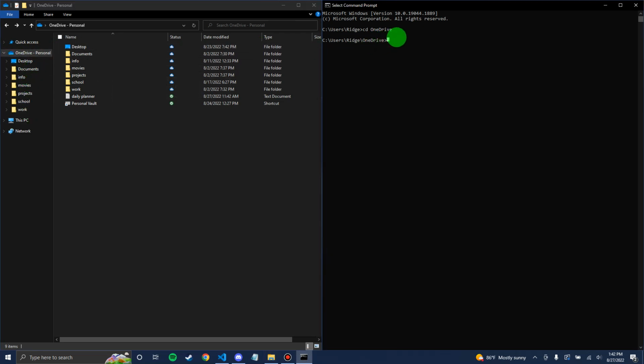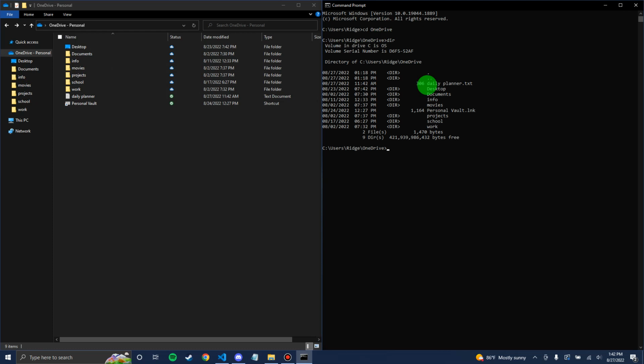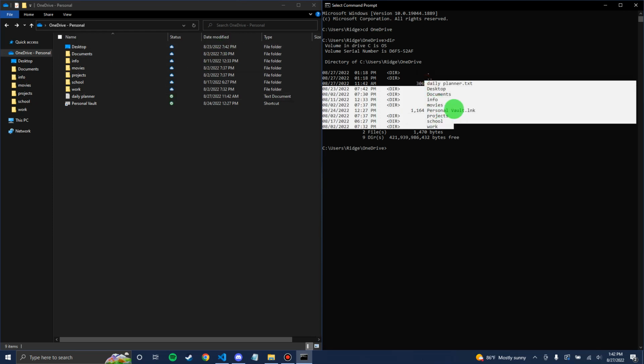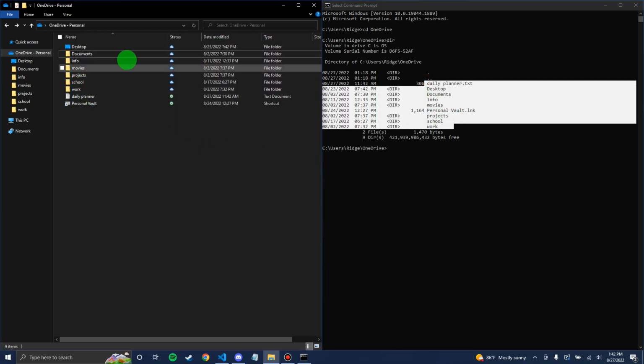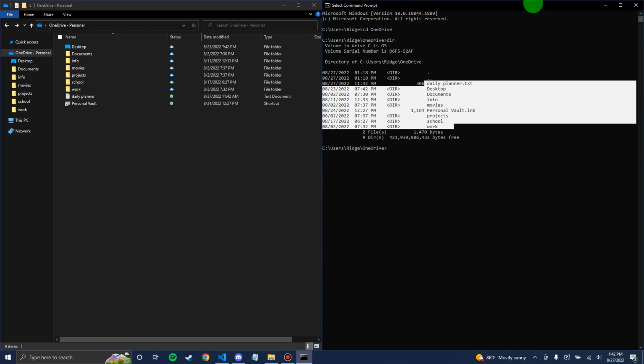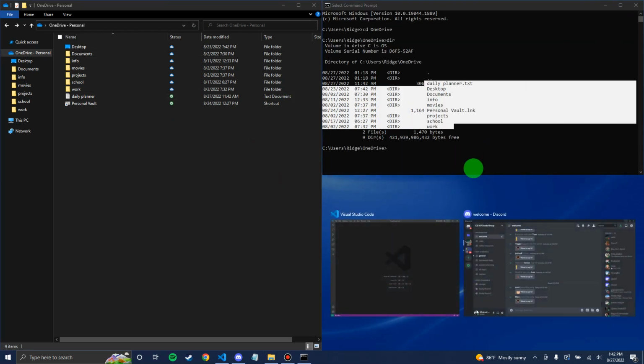So what I can see now is everything in here. If I was to type in dir, it would list out everything in here, in alphabetical order. This is now what I'm seeing in here. I am actually quickly going to open up Git Bash,